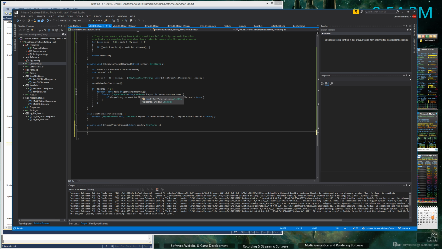What we'll do though is we'll add the mask value of the C presets if the index is not -1 to the mask here, and